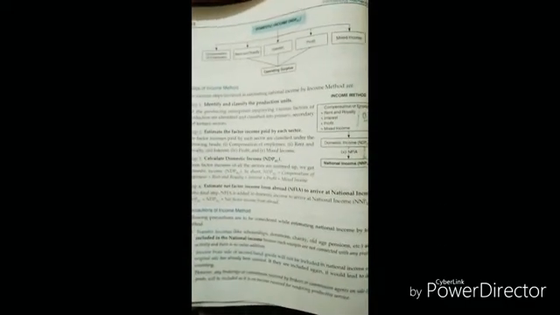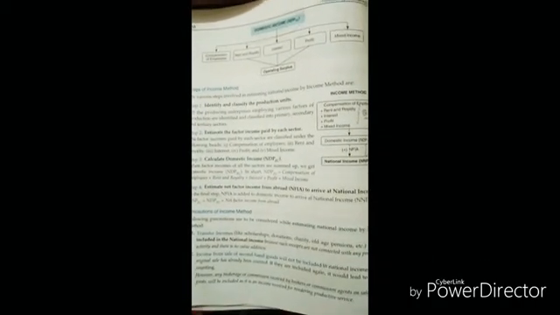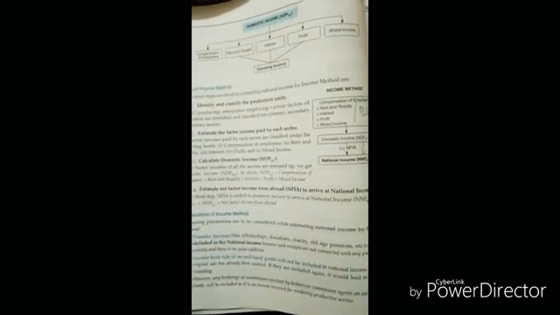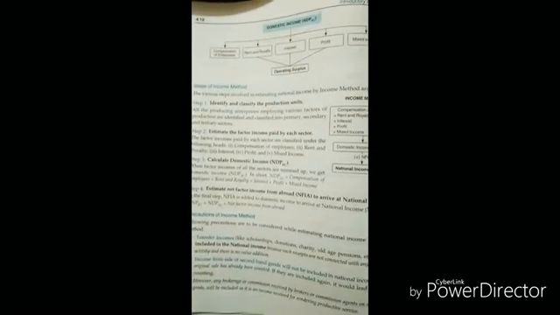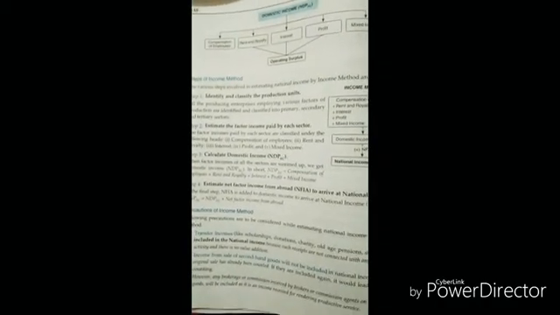Let us see the precautions of the income method. While calculating national income by the income method, we have to consider certain precautions. So what are transfer incomes? You all remember what is transfer income? We have studied this concept, transfer income, factor income. Factor income is that income which you earn by rendering productive services. But transfer income is income which you get without doing any productive services. For example, scholarship, donation, old age pension, these are not included in national income. That means transfer income should not be included in national income.